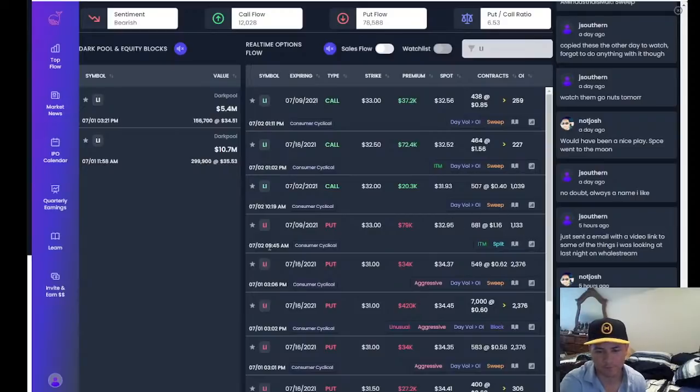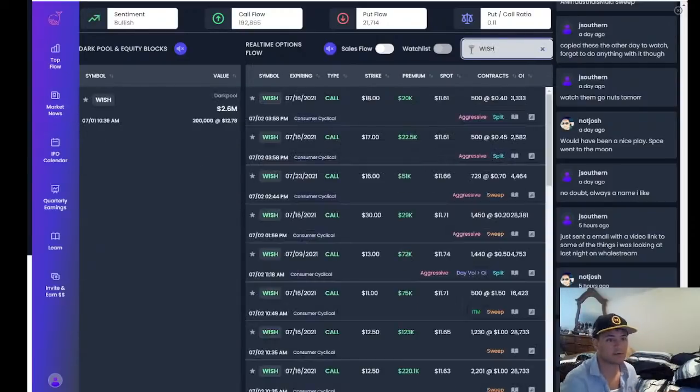Okay. All right, whatever. We'll look at one more. Somebody mentioned Wish at one point. Let's see, what's going on with Wish? So there's definitely a lot more. Sentiment is bullish. I hope so, because I still have calls at the $40 strike getting ready to expire.